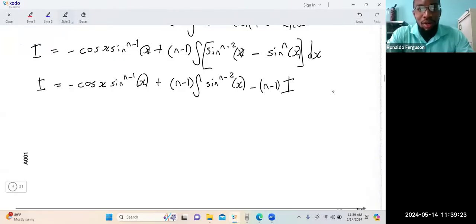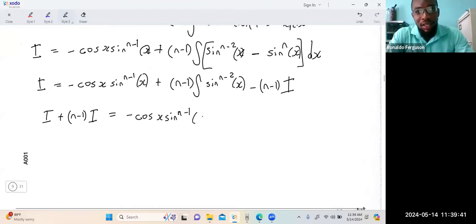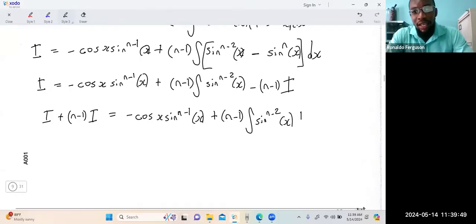Where did that I come from? Remember that sine to the n of x, we call this integral I. So bring over like terms now. So I plus n minus 1 I is equal to minus cos x sine to the n minus 1 x plus n minus 1 times the integral of sine to the n minus 2 x dx. Now, I plus n minus 1 I is just n times I, equal to negative cos x